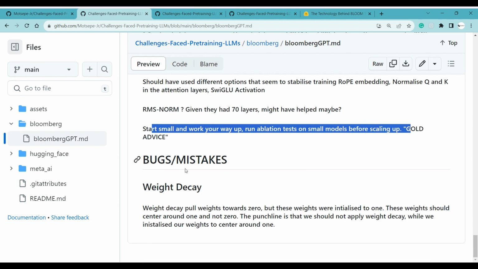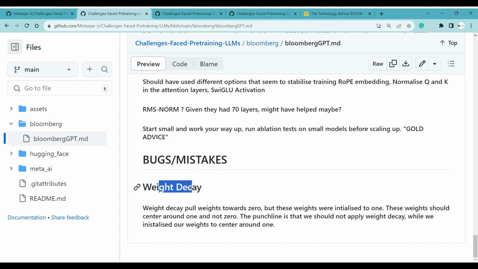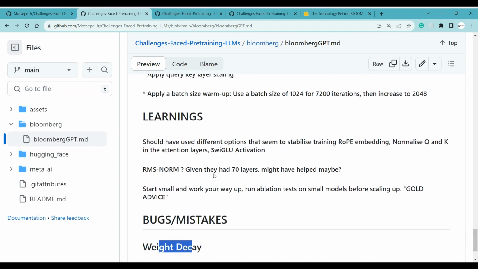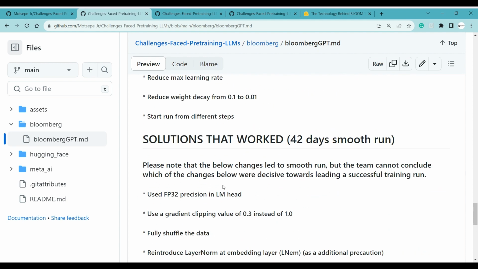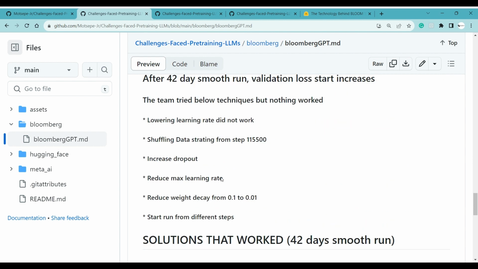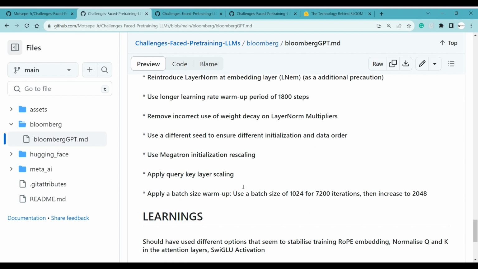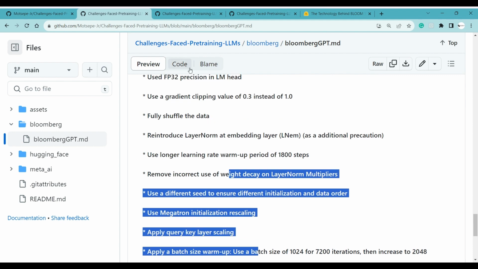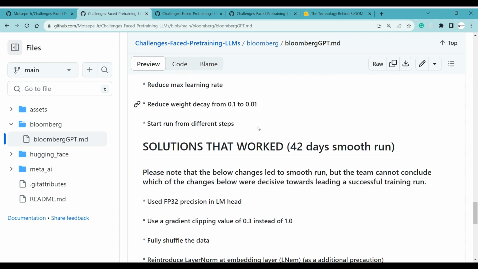The bug that they encountered was around weight decay. Weight decay pulls weights towards zero, but they initialized these weights to center around one, not zero. So the punchline is that we should not apply weight decay while we initialize our weights to center around one. I think they might have fixed that, and after they fixed it within version one, they went to version two. Still, they found a lot of challenges. So yeah, I think these are the things here. We don't know who the hero is among these. But anyway,